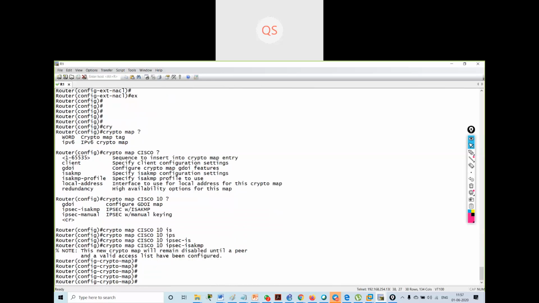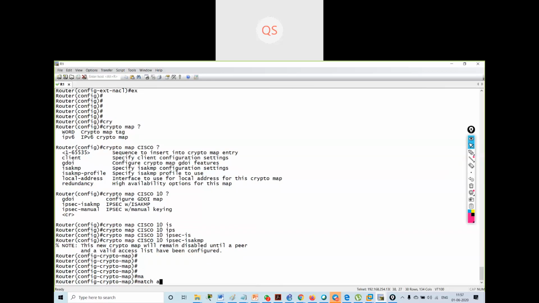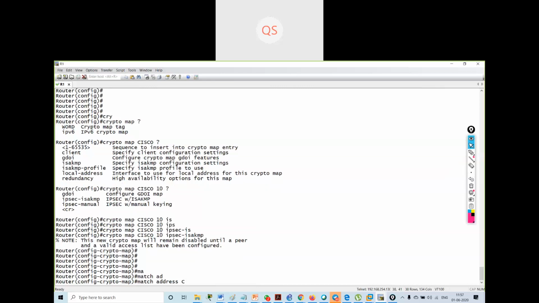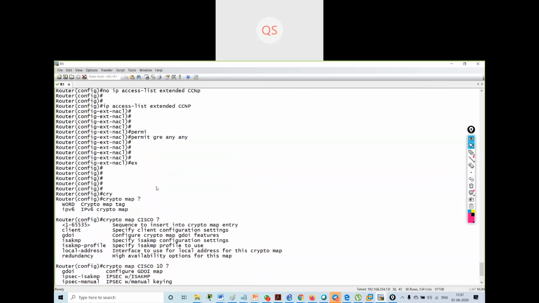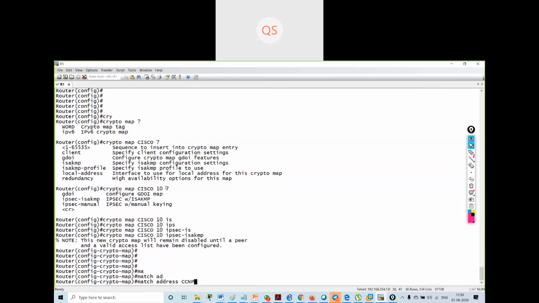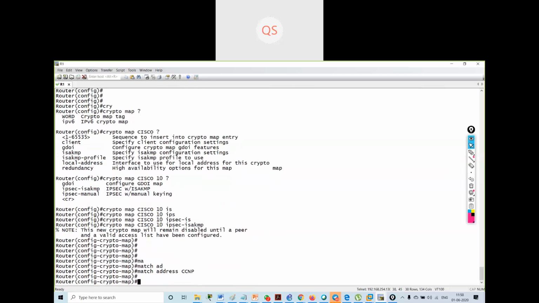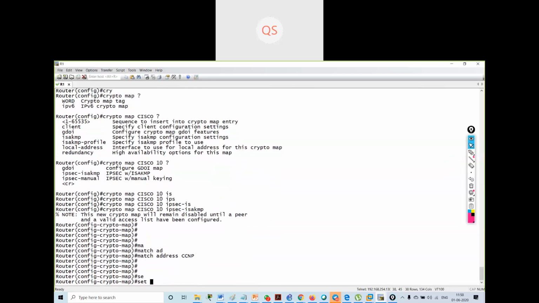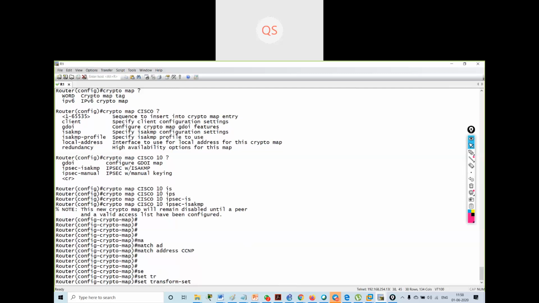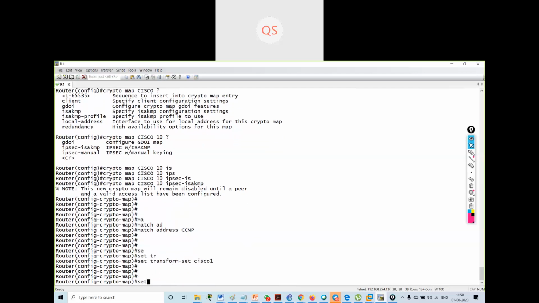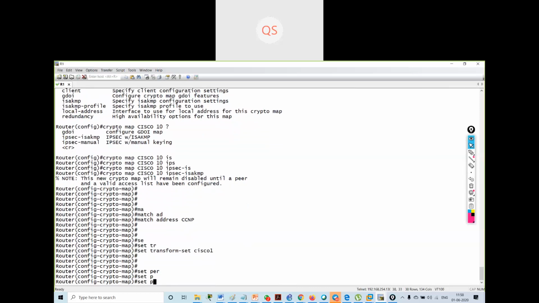Okay. Then match address CCNP. Right. Match address CCNP. Then set transform set. Transform set name is Cisco1. Set peer.